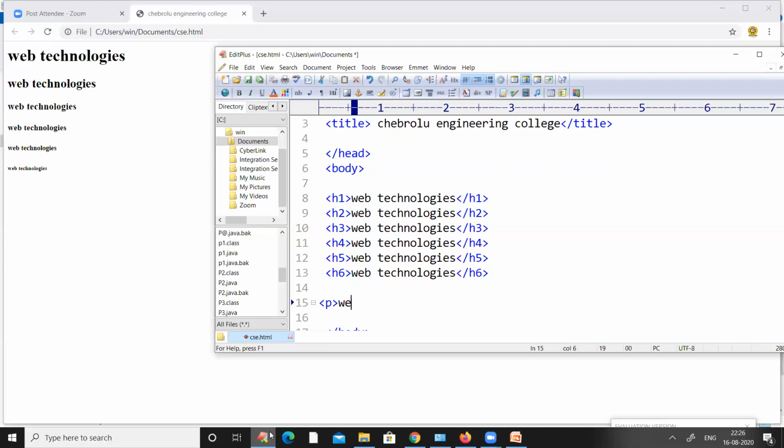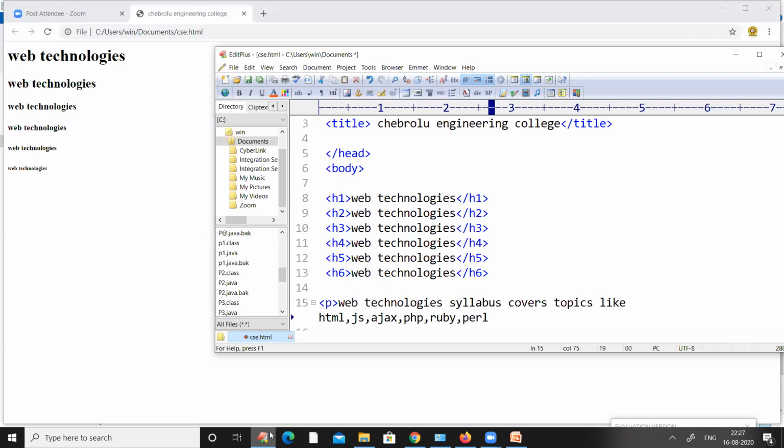For example, web technologies syllabus covers topics like HTML, JS, that is JavaScript, Ajax, PHP, that is hypertext preprocessor, Ruby, and Perl.